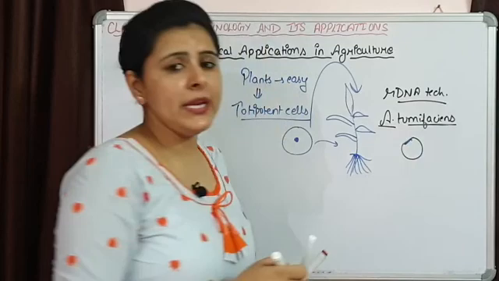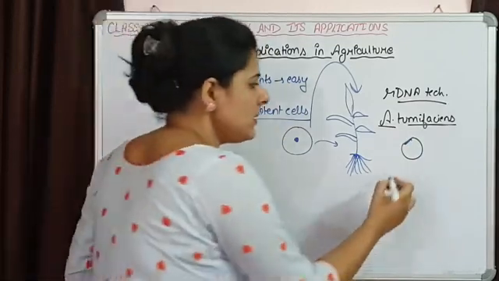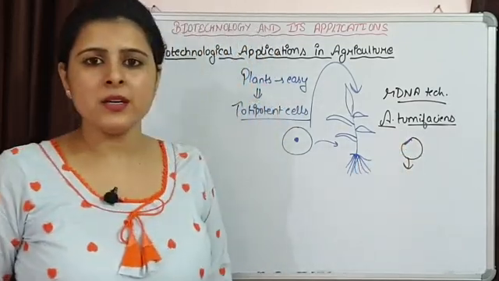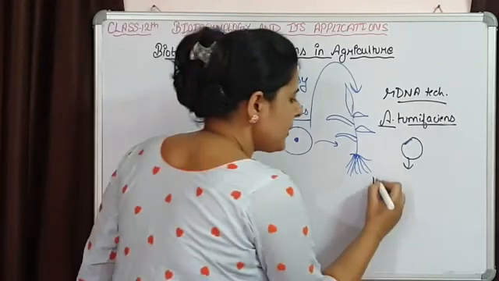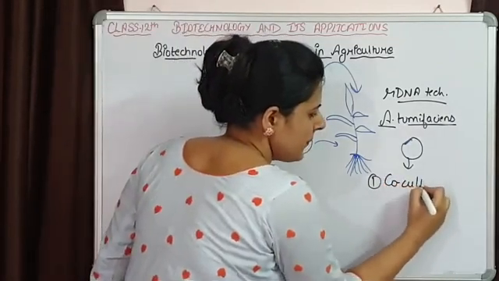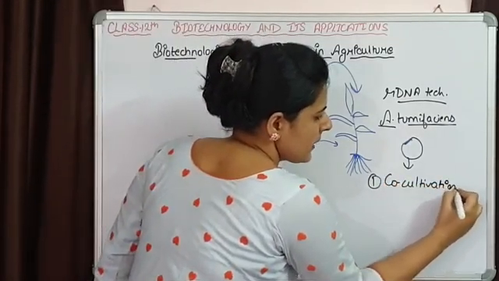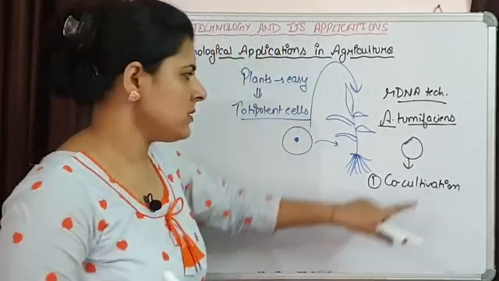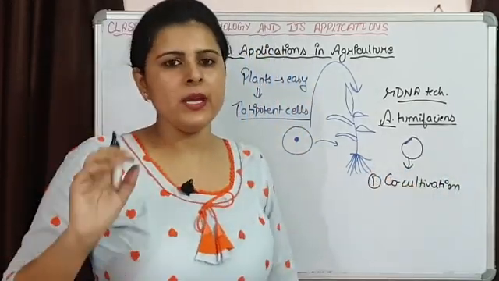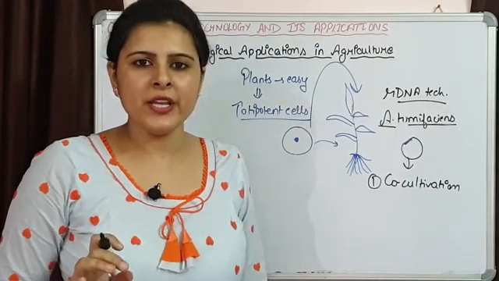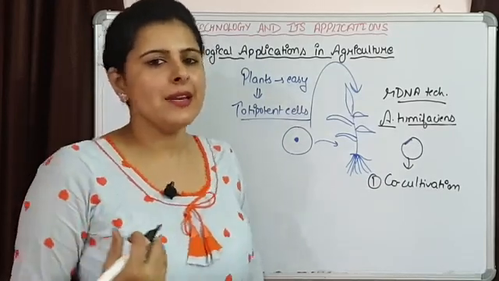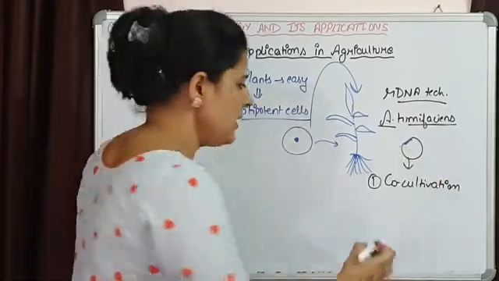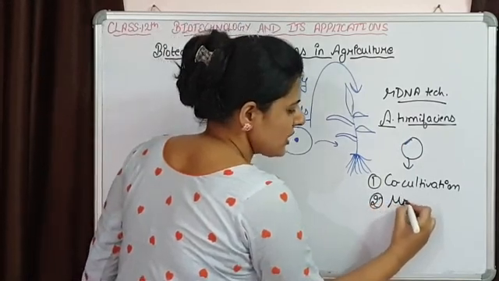Now this can be introduced inside the plant cell by different methods. We saw it can be done by co-cultivation with the plant cell. This recombinant DNA will be grown in a single culture medium so that the plant cell can take in this recombinant DNA. We can use microinjection also,